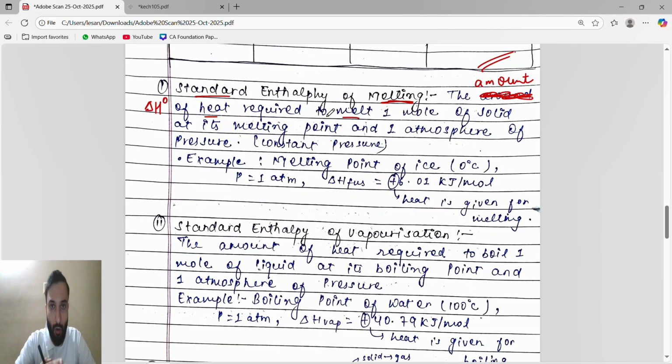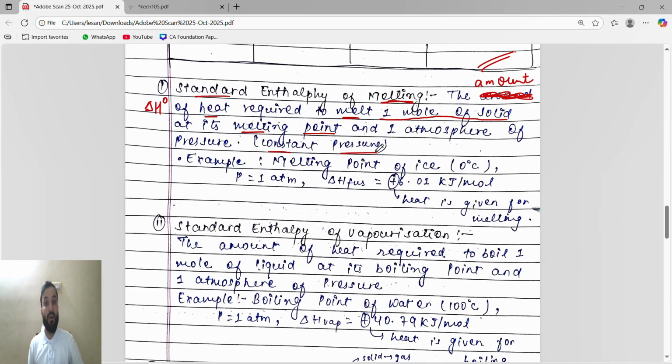So melting means solid will melt to liquid. Vaporization means liquid will vaporize to gas. Okay. So standard enthalpy of melting means the amount of heat, because enthalpy means heat content, required to melt. How much? Standard means we will take 1 mole of what we will melt? Solid. So the amount of heat required to melt 1 mole. Standard means what will we take? 1 mole of what will melt? Solid at its melting point, because solid will melt at its melting point, and 1 atm at